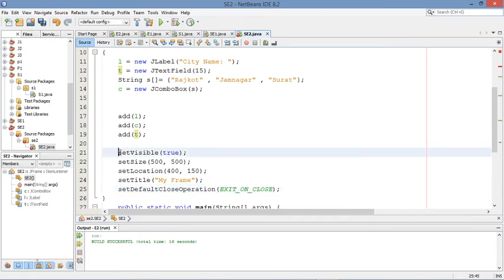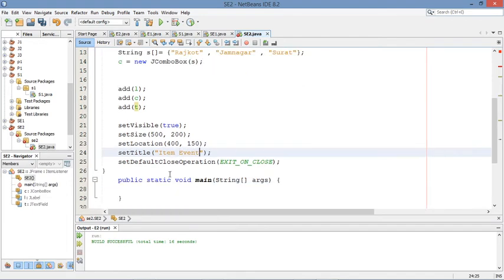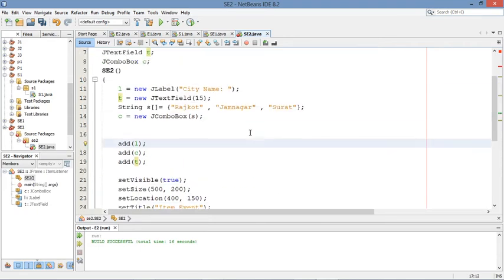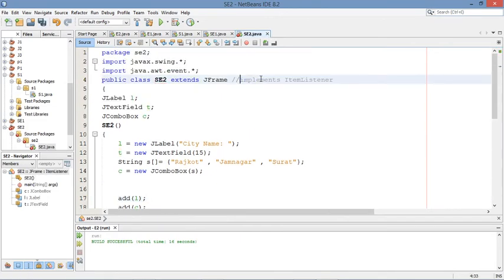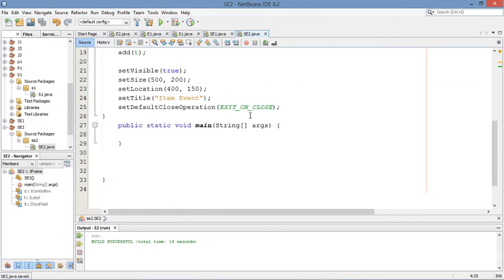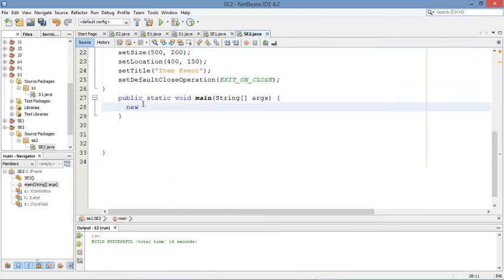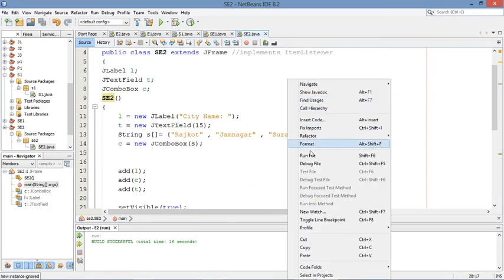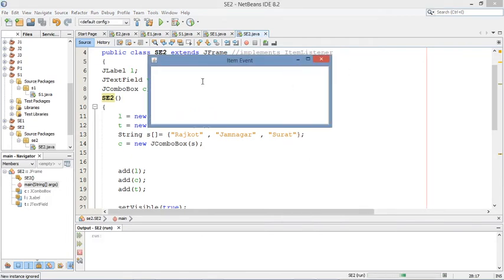these methods. Set visible true, frame size, suppose I'm going to reduce this. Then location. Okay, now title I want to set, event, item event. This is item event, and set default close operation to close the running of your program. Okay, so this is the simple step. Right now, just comment this and call the constructor. Don't forget to call the constructor. So this is the simple program, in which